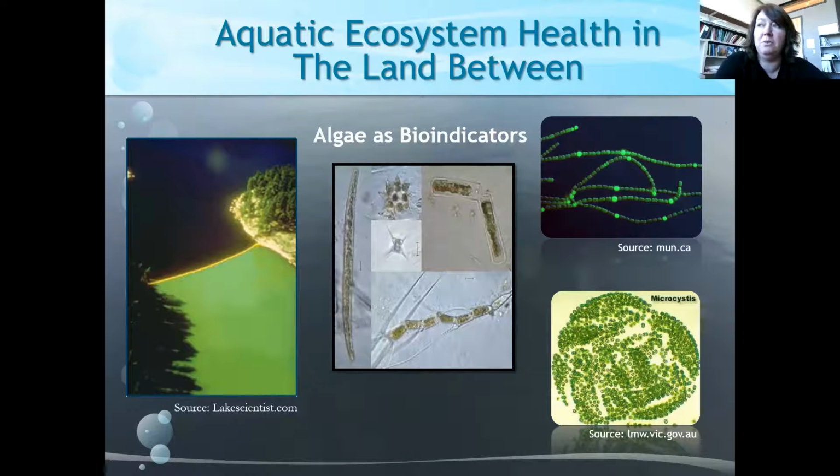I don't know if any of you read newspapers or watch the news, but a couple of years ago, the city of Toledo had to stop its drinking water plant from taking in any lake water because Lake Erie had a big bloom of this. So an algae bloom looks like this green color. This is regular lake water, and this is the green algae bloom. If microcystis was blooming in Lake Erie, and Toledo depends on Lake Erie for drinking water, they couldn't drink the water because the toxins were being produced by this microcystis. So that's something to keep in mind about why we have to be interested in keeping our lakes healthy, because they help keep us healthy.